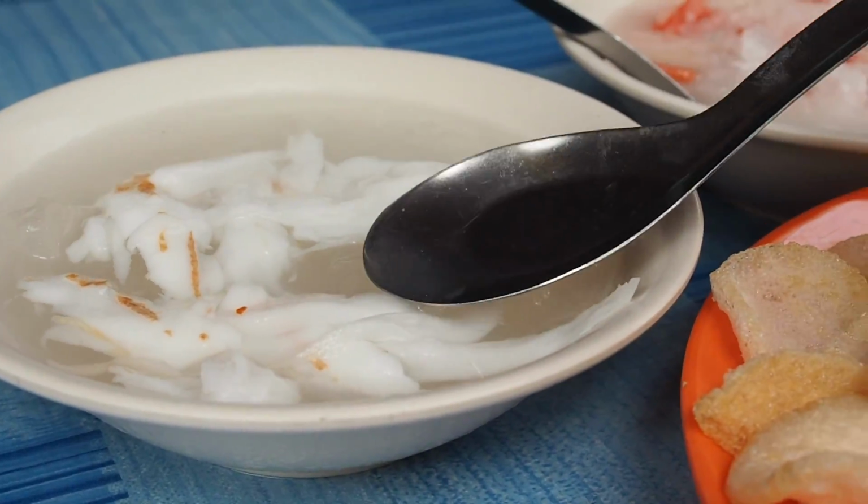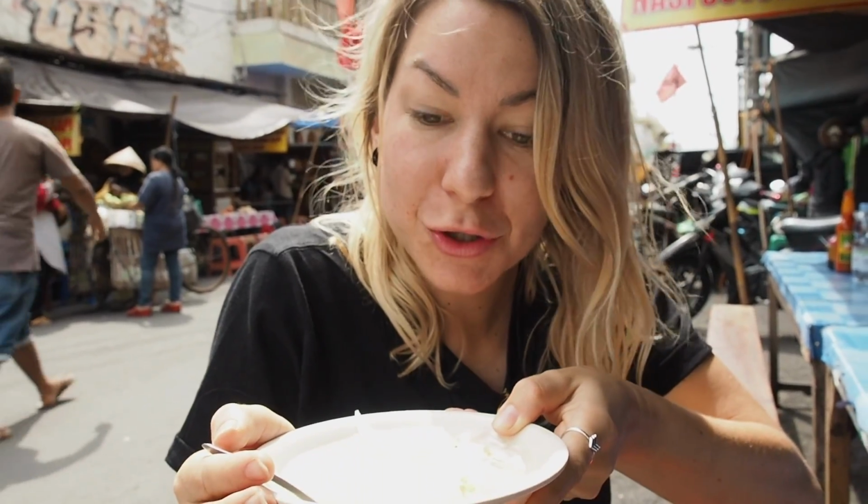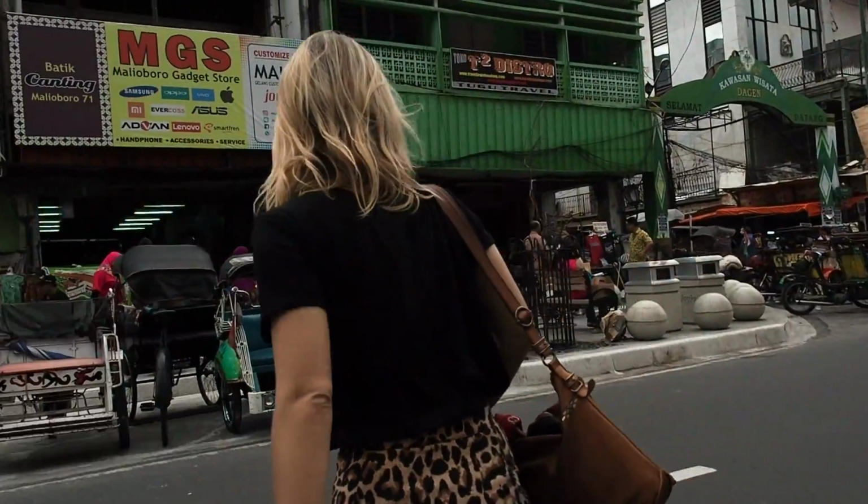And this is es kalapa, coconut water served in a bowl. That is one way to have an iced coconut. Yum. So we're going to go to Kraton to check out the King's Palace, and we thought, what better way